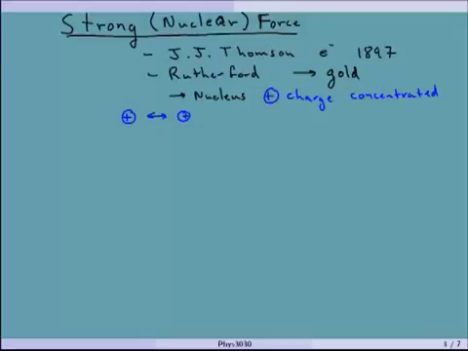Well, the answer is that if this blue arrow is the force of electromagnetism, there's a much bigger force that wants to pull them together and move them in the other direction, and that is the strong force. So the strong force is really the thing that overcomes this positive repulsion, and so it's a much stronger force. We'll talk about its range and things like that in a little while, and why it took us so long to figure it out. That's the gist of what the strong force is.